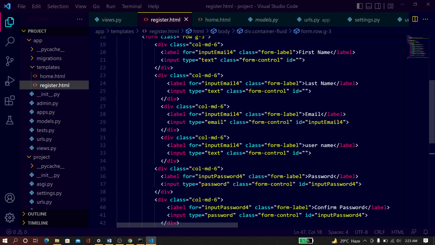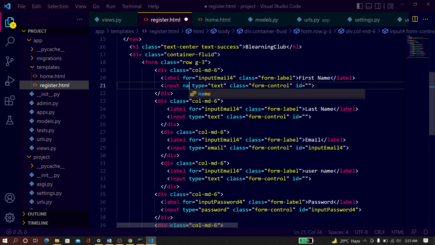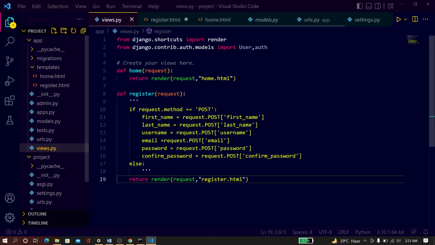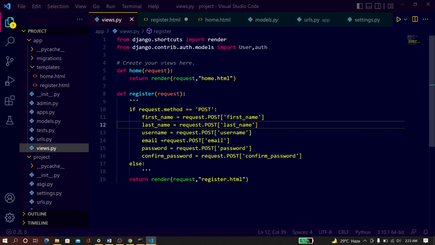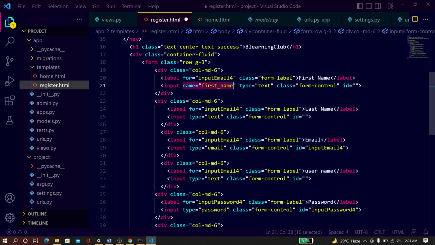So now the main important thing is the name field in every input tag. So just type any name, and just give it first name, first underscore any name, and from this input field it will take the first name. That's why the name field is very important. So now just go to register.html. Name is the first name, and now I just copy it, and for the last name just put